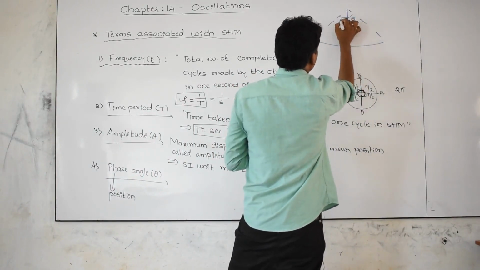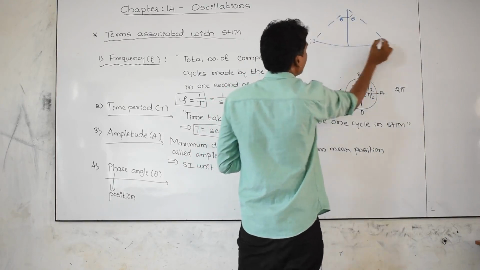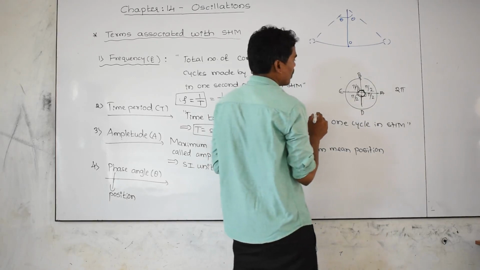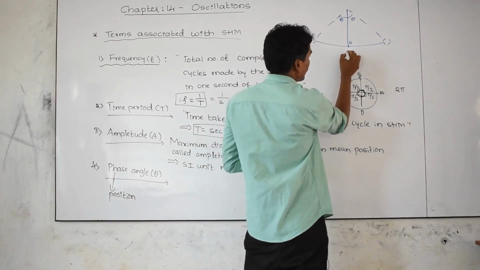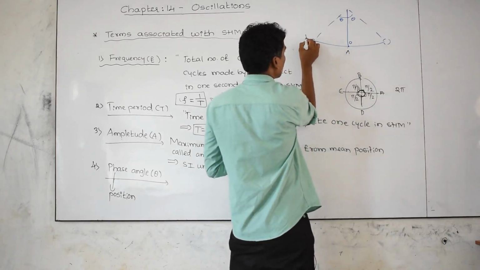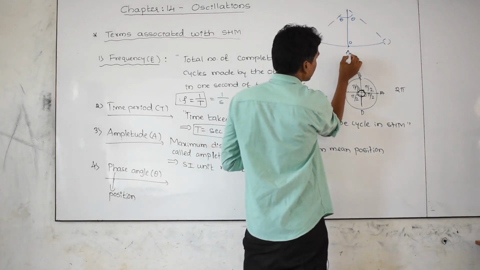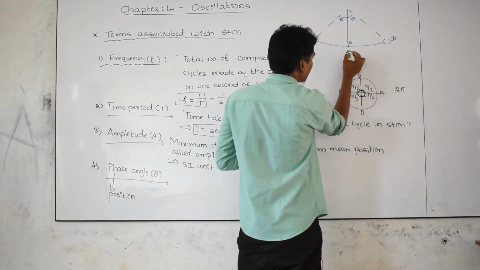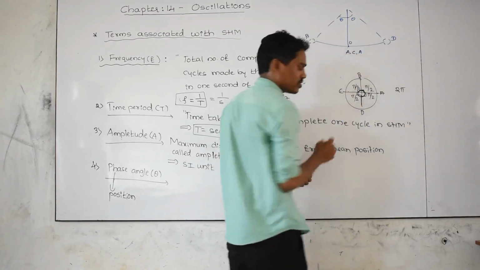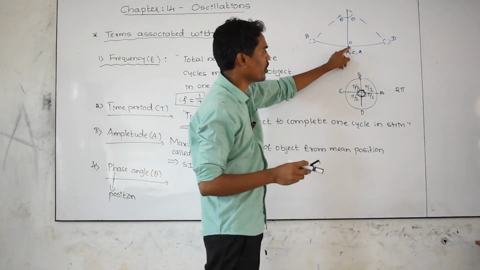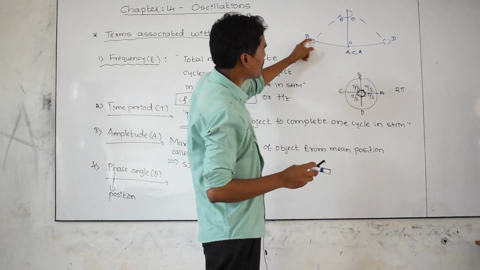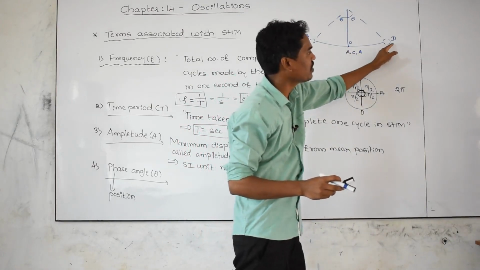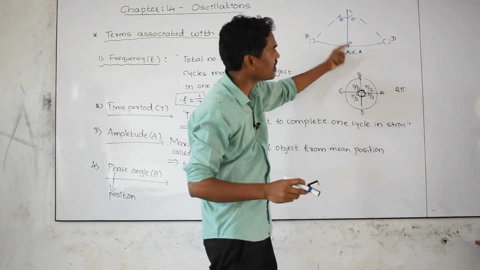This is theta. This is extreme point. This is mean position. And let us take this as A point. Body is coming here, this is B point. Again coming here, again this as a C point. Again going here, it is a D point. Again coming here, again it is A point. Don't confuse. A point, coming here, B point. Again body is returning back, again take it as a C point. Again going here, this is a D point. Again coming here, again it is A point.